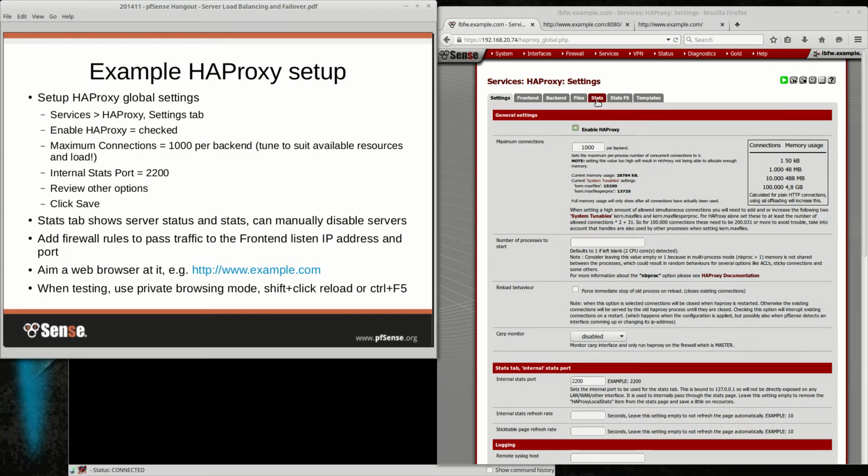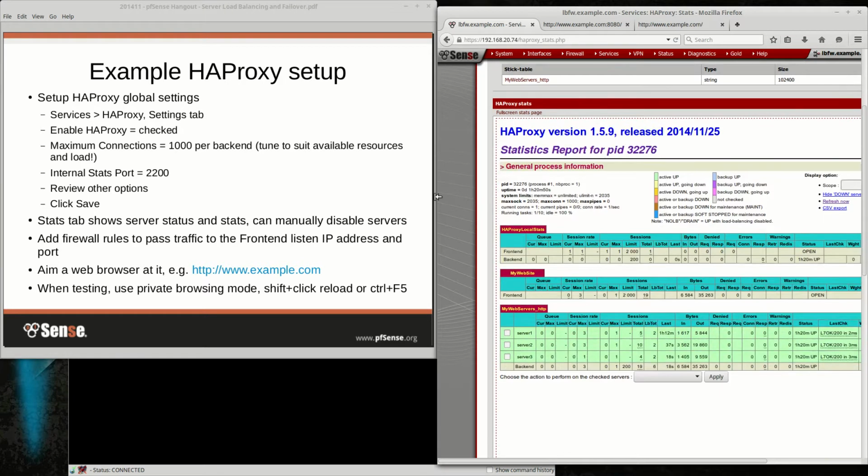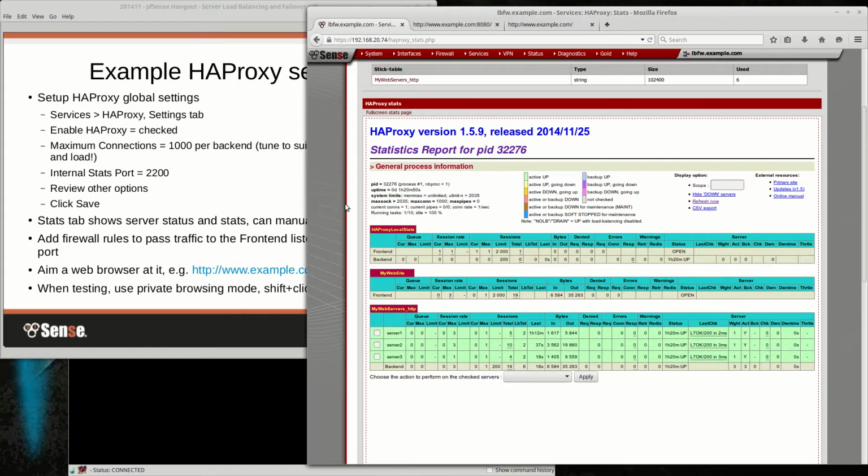So if we go over here and look at our stats tab, you can see here from RealAD or from HFProxy, you get gobs of statistics. You can see your health check output over here. It shows you the last check and what the response was. It's got your server weights, whether or not they're active. Shows you how many bytes were transferred from each web server, how many requests were handled, sessions and everything, rates and all sorts of other fun statistics.